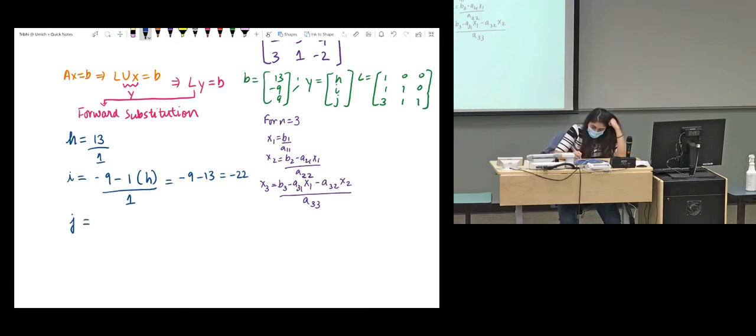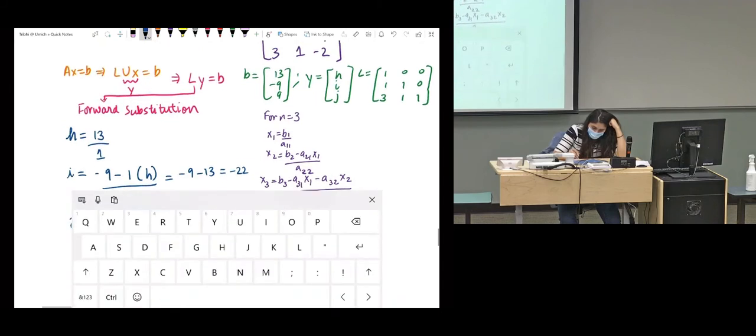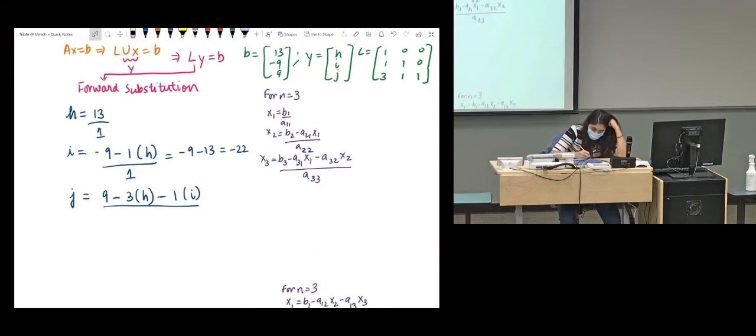Then you get J equals B3. B3 is 9 minus A31, which is in the third row, first column, which is 3 times x1, which is h, minus the element from the third row, second column, which is 1 times x2, which is I, divided by A33, which is the last element of L, which is 1. So this becomes 9 minus